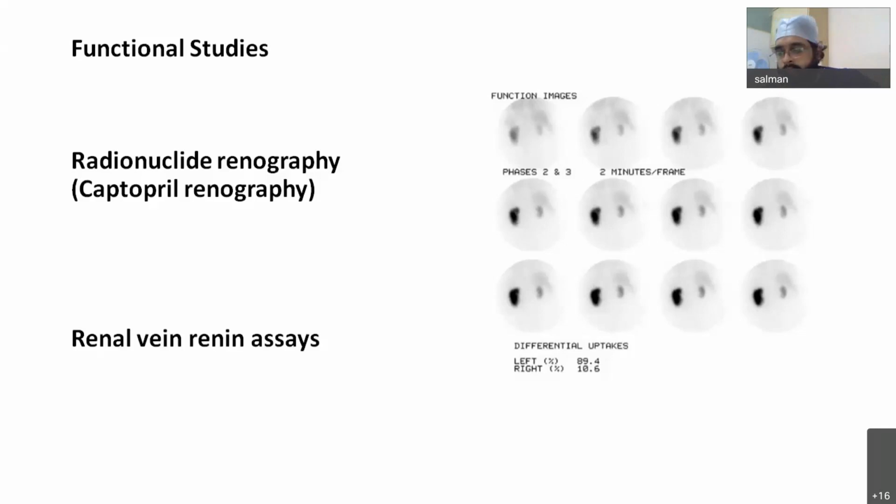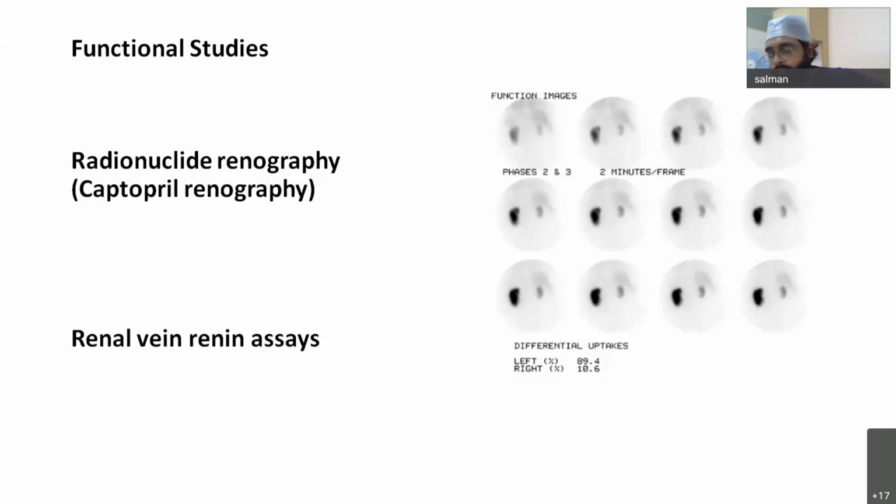Because renovascular hypertension causes excessive renin production, the affected kidney should produce excess renin. Basically in this test, the IVC is canalized and one catheter is parked in the IVC and one catheter is parked in each renal vein, and the blood is drawn selectively from the catheters and the renal vein renin levels are measured. The cutoff value for this test is a renal vein renin to systemic renin ratio of greater